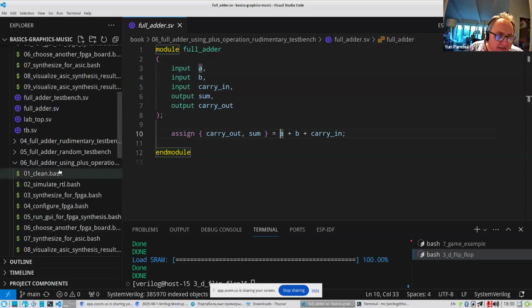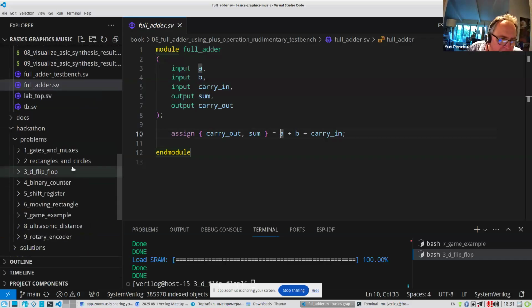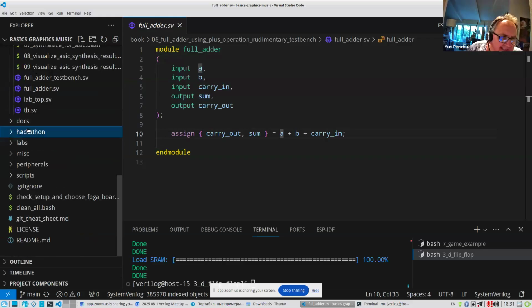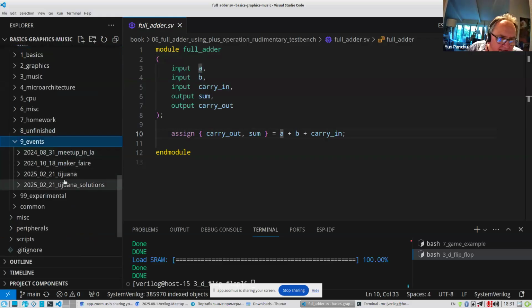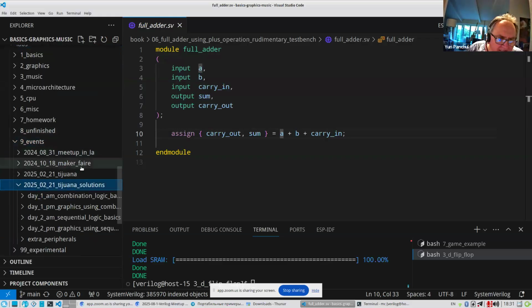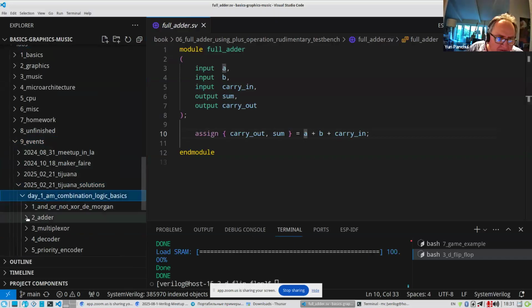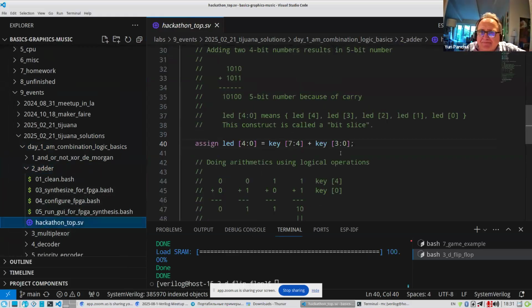Let's go to another example. One second. This was in labs events. Initially we created this example for our seminar in Tijuana, but then I decided not to put it in another series of examples, but I should probably put it back.